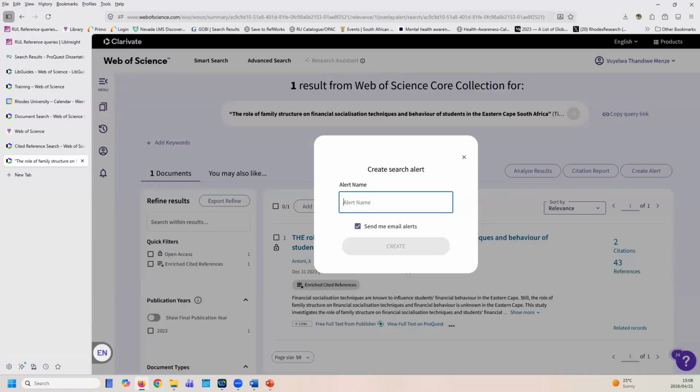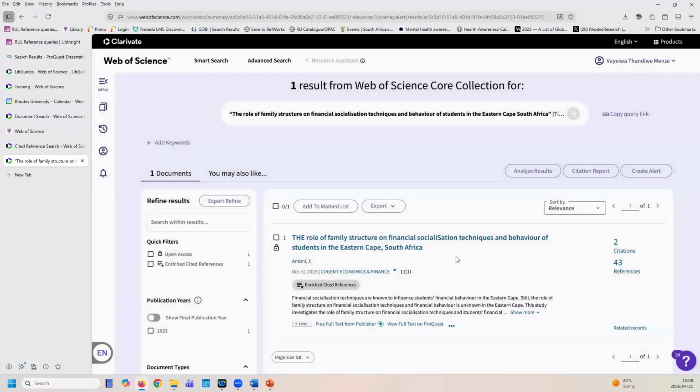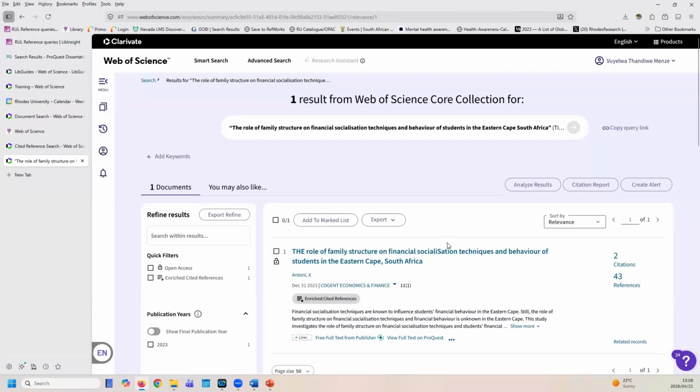Maybe let's just leave it at the name. Don't want to type in the full. I'm just going to say create there. So every time that this particular article is cited, I am going to get an alert that this article has